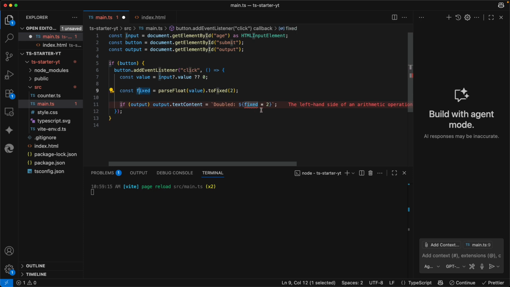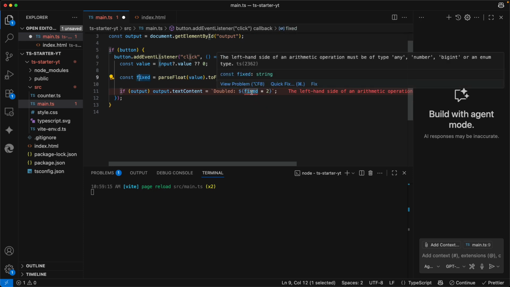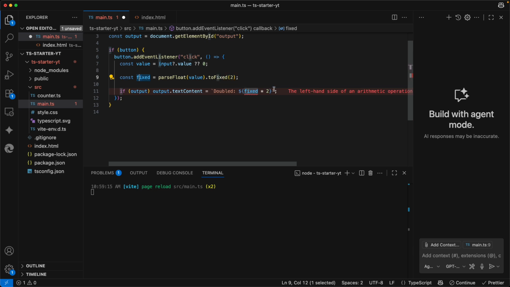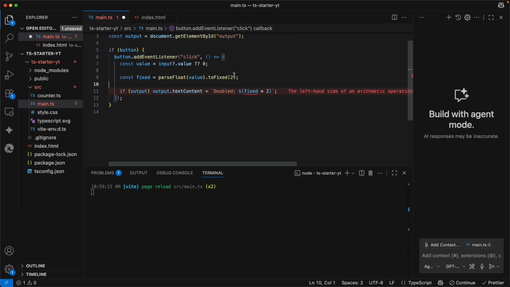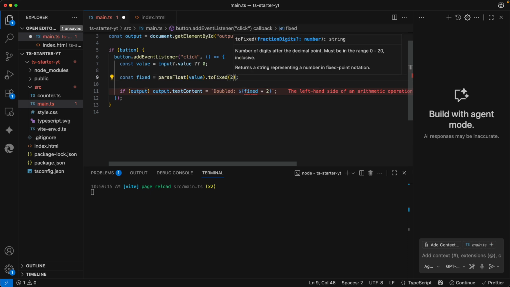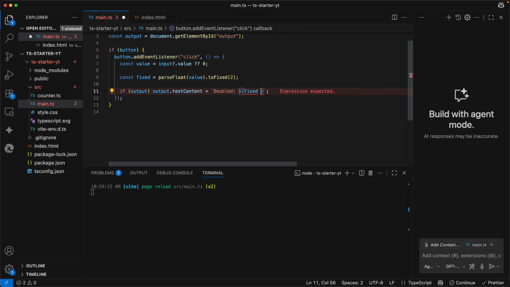But we have another error here, fixed. The left-hand side of an arithmetic operation must be of type any, number, bigint or enum type. And here we have toFixed, which returns a string. So we have again a string here, and we can already change that here. So parseFloat times 2, and then toFixed, and then we have this string here. So fixed is a string, you can see that here, and we can output that here.